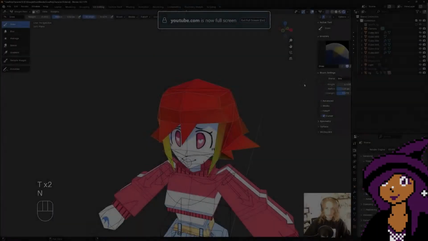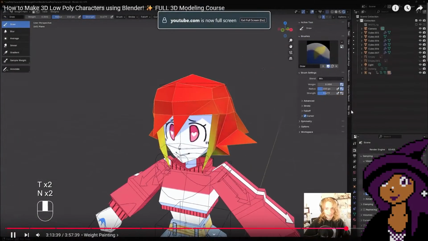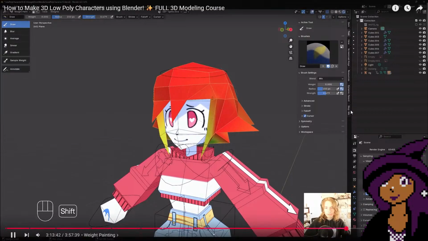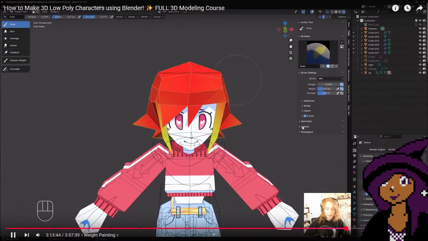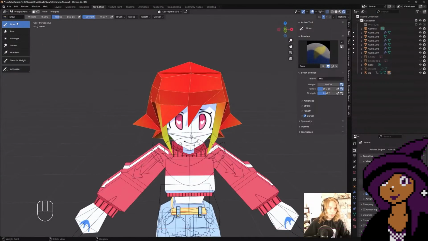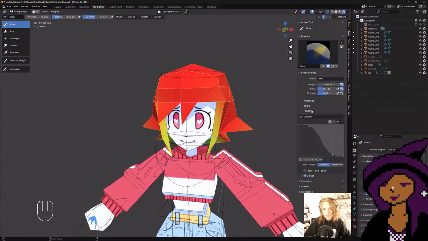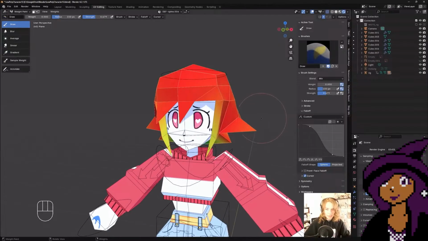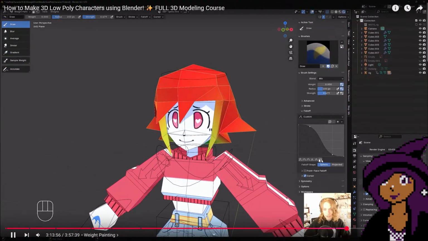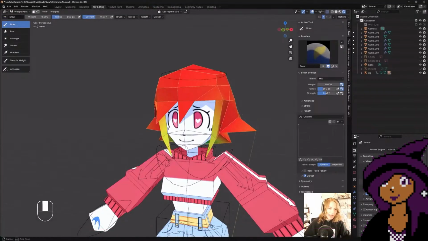I'm going to use this one from the little N menu in the 3D viewport because it's a little bit more convenient for me. So there are a few super useful options here because by default, you're going to be using this draw tool a lot when weight painting. And I would highly recommend, whenever you're using the draw tool for low poly models like this one, to set your falloff in your brush settings to this right here. This brush shape is flat, which means that